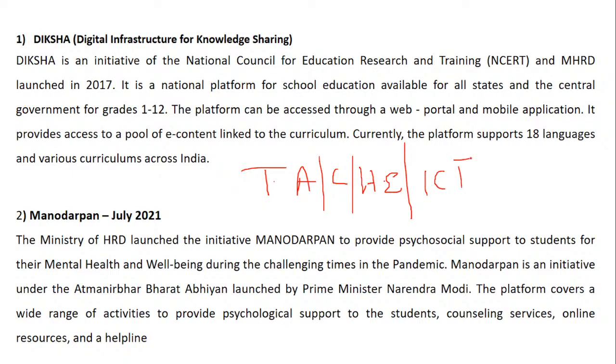Communication not that much, but still there is some part there. Now in these 4 units, I will repeat what I am saying, just listen very carefully. I am talking about digital initiatives in education. The topic which I am saying is digital initiatives in education, which in the teaching aptitude unit, in communication some part is there, in higher education and in ICT are almost all common.